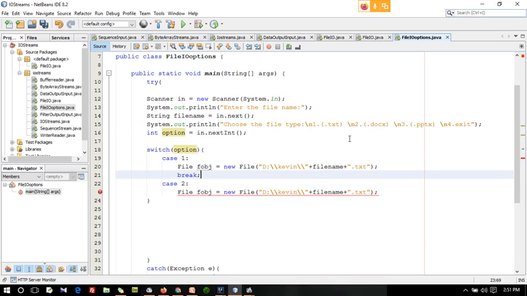After this line, don't you need anything? If you write only this line, will the file get created? Sorry, f dot create means.